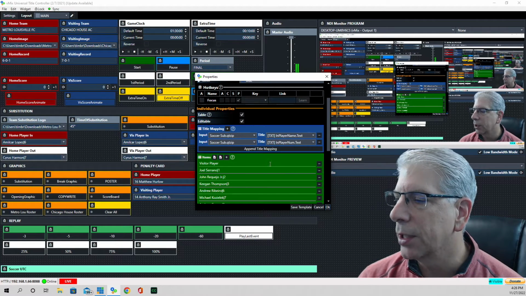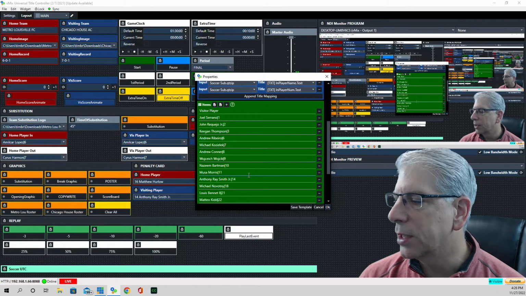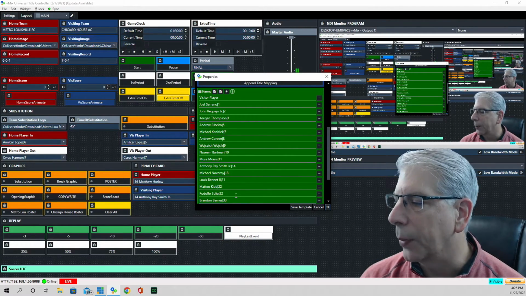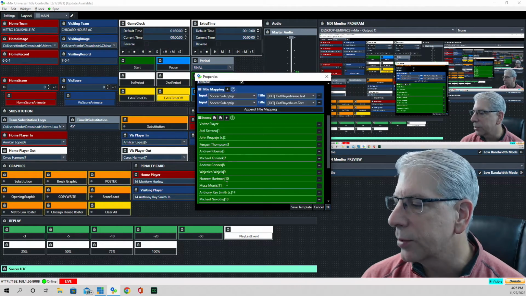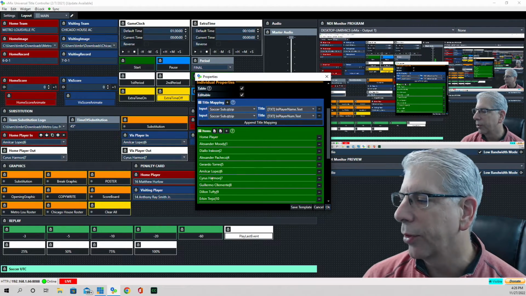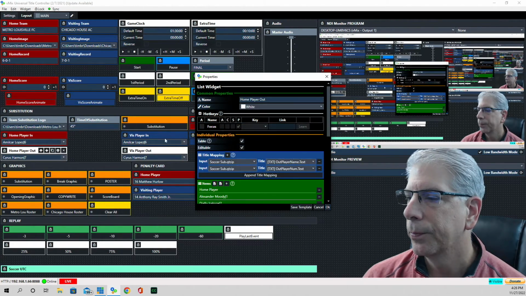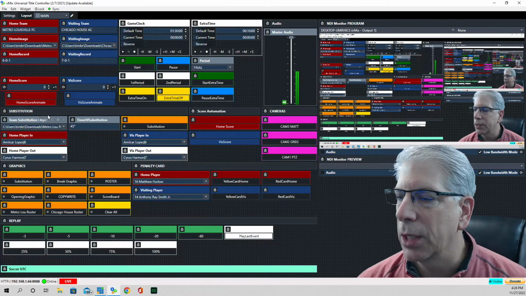In this particular list here, this is a visiting player. So when I loaded this list right here, these are the visiting players. And then over here on the home list, when we loaded, these are the home players. So what happens is when I'm doing a substitution,